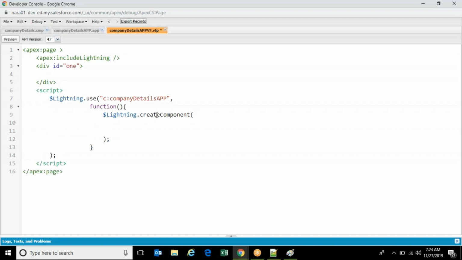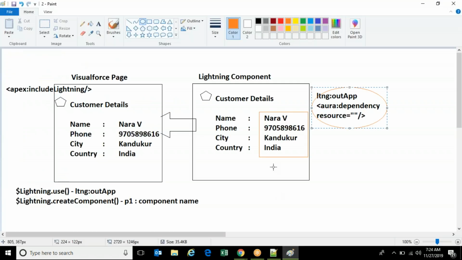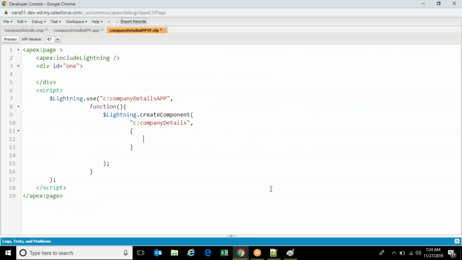And inside of this method, it has 4 parameters. You can define 4 parameters here. One is lightning component. What is the lightning component name? So company details is a lightning component. And what are the attributes which are required? So actually in lightning company detail app, how many attributes we take? There are 4 attributes: name, phone, city, and country. You can pass those values here. The exact names: name,